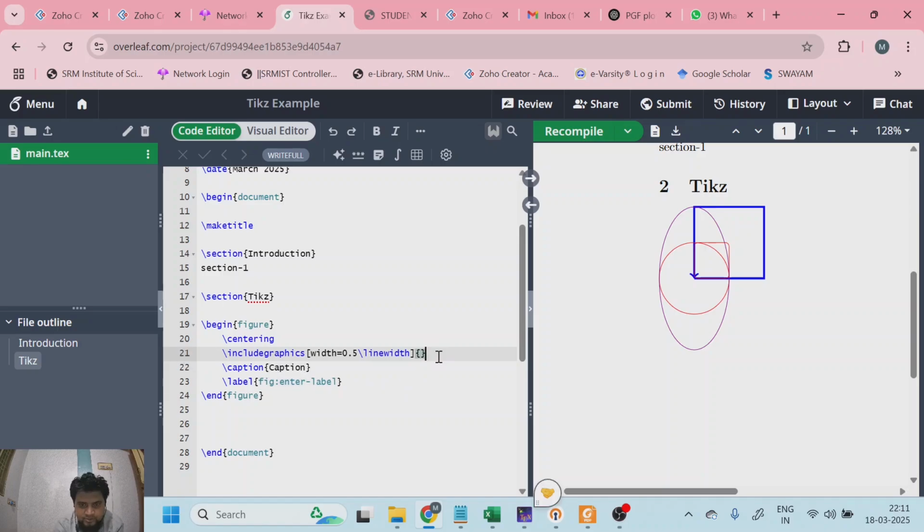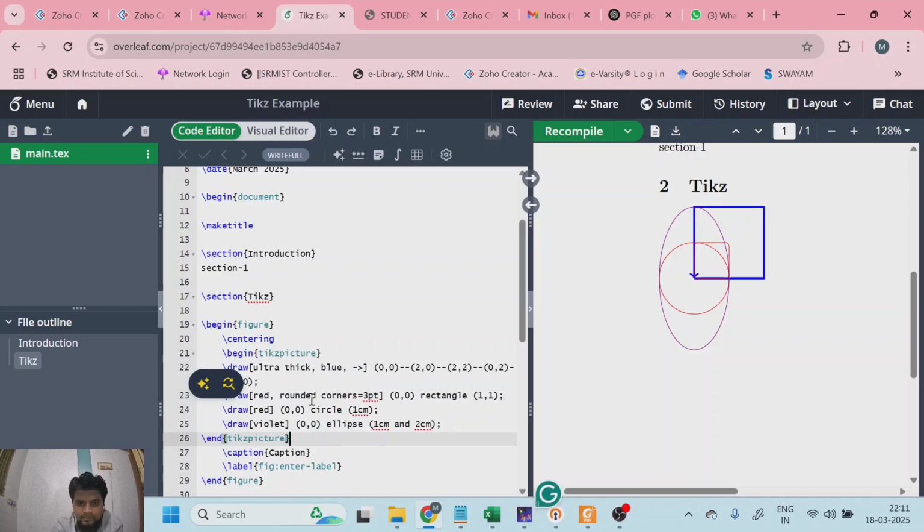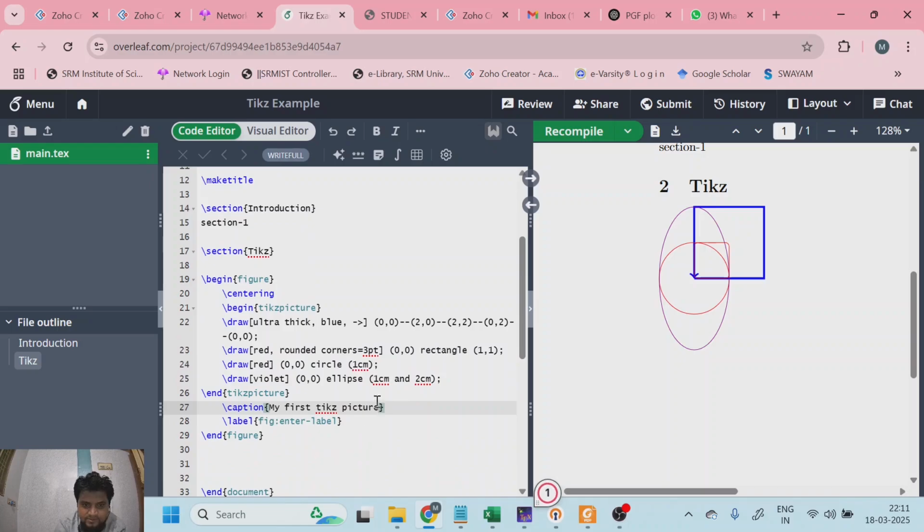I don't need to include any graphics, so I will remove this comment and then I will have this begin tikzpicture in this. So caption you can give. So my first TikZ picture, that is